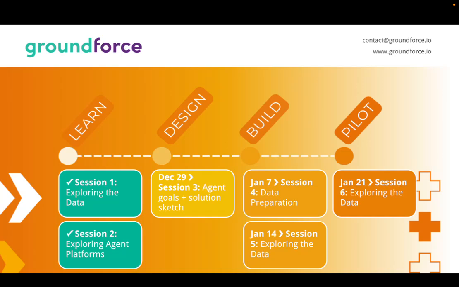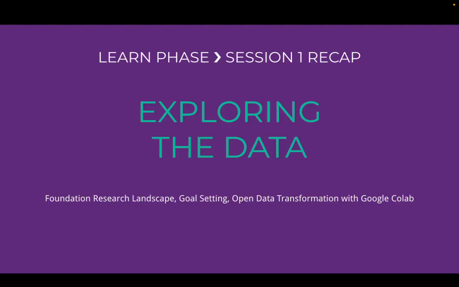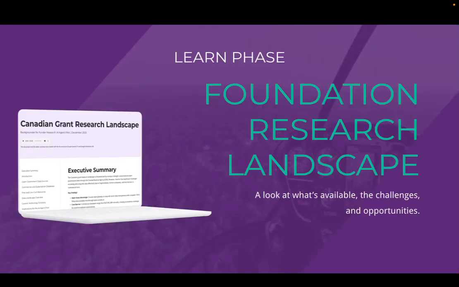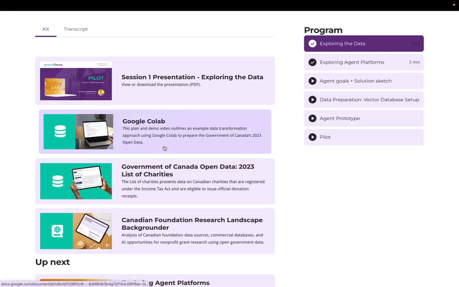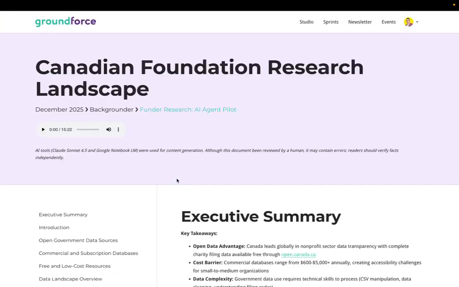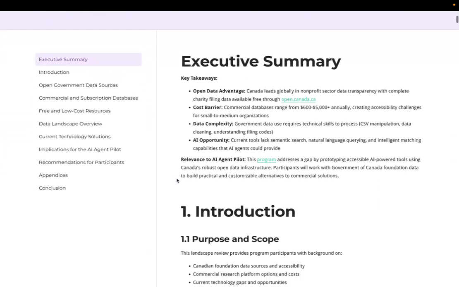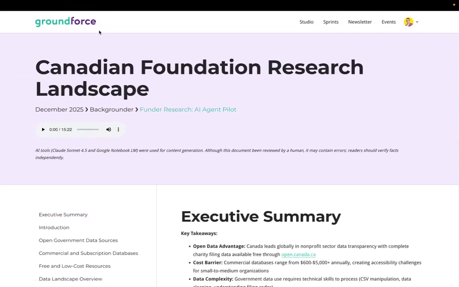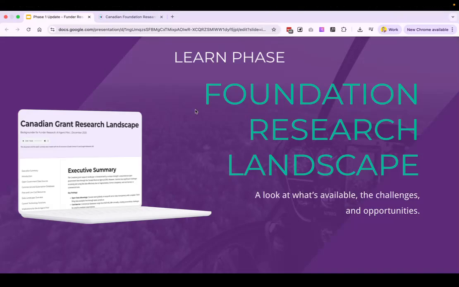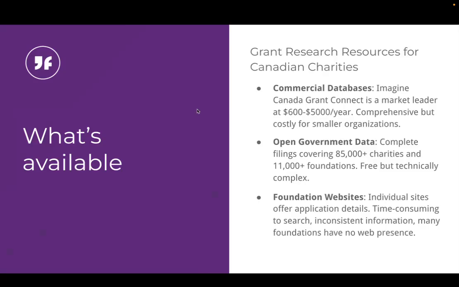In session one, we dove deep into the raw materials of our project, open data on Canadian foundations. Before building anything, we needed to really understand the landscape we're trying to navigate. Our focus is specifically on Canadian foundations, thanks to the rich open data sets available through the Government of Canada. We looked at what is currently available to charities, the inherent challenges, and the new opportunities AI creates for prospect